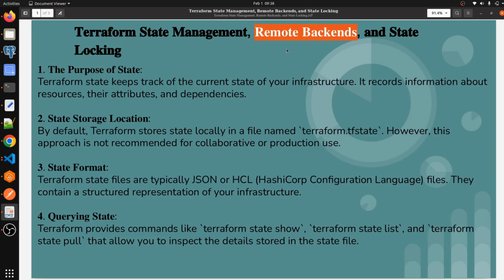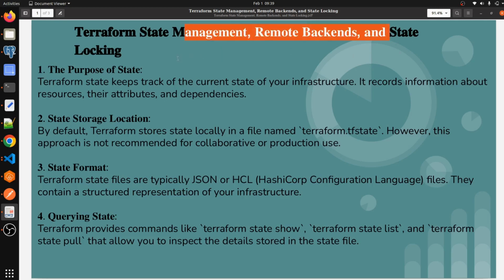So you can store your state file there, and suppose some user deleted your state file by mistake or something, then you can roll back to that specific version using the state file from S3, okay. So there is no business loss whenever you have set up a remote backend.